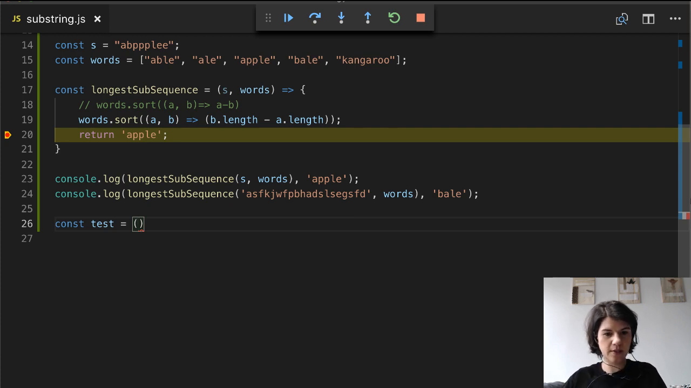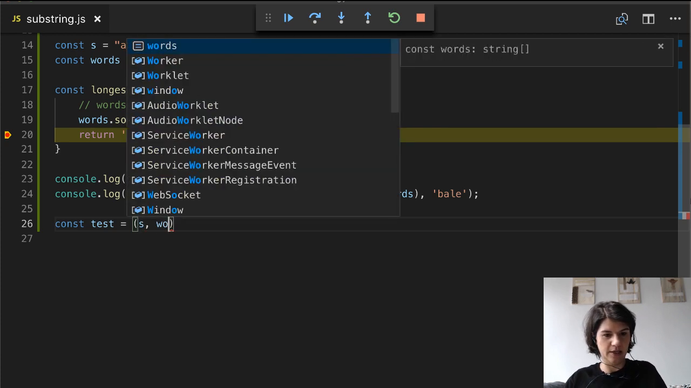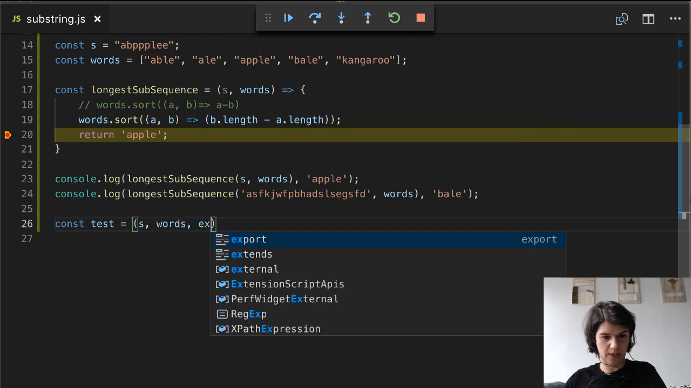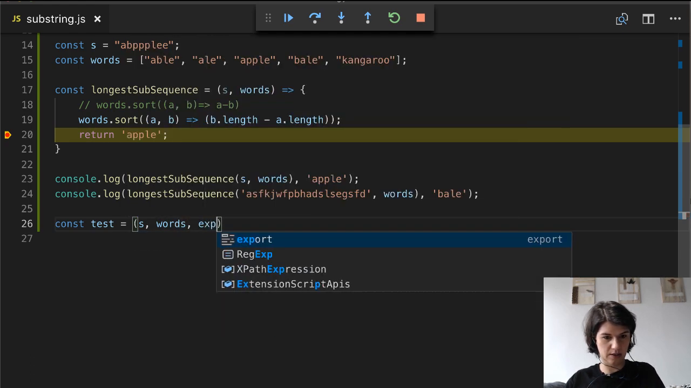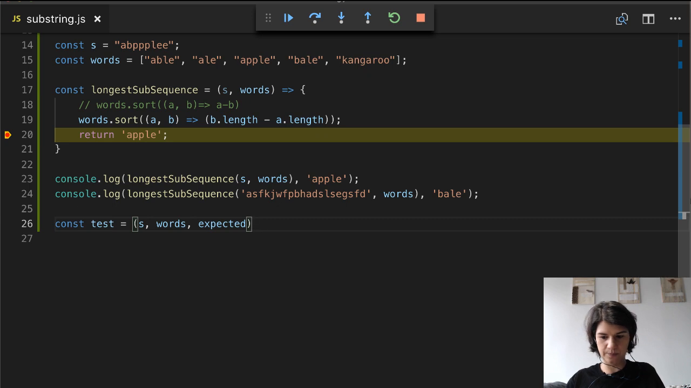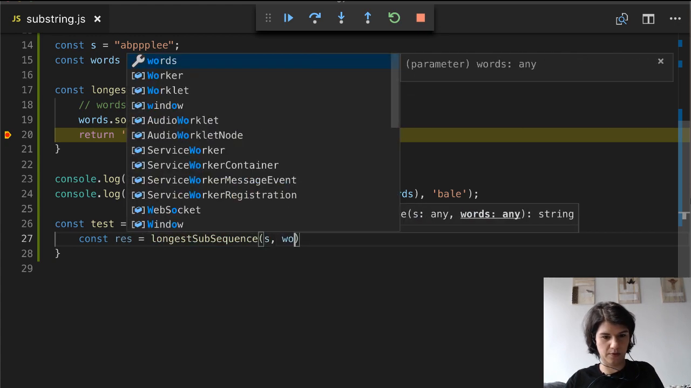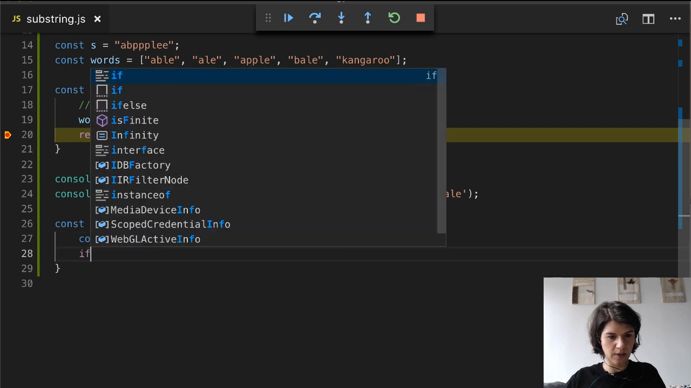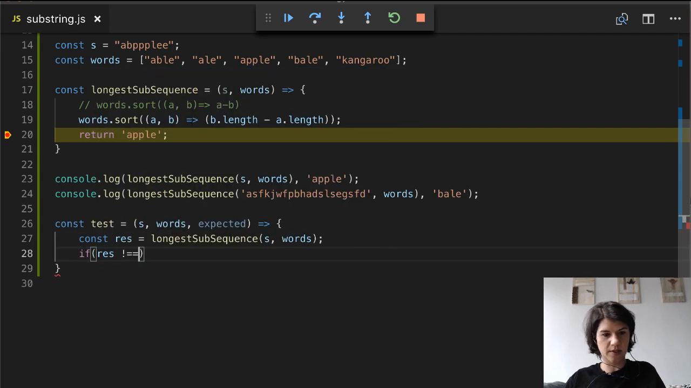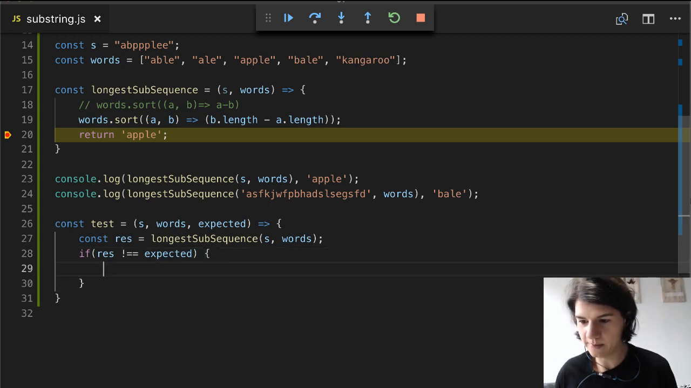All right, so this test function takes a string and words and expected, and then the result is longest subsequence of string and the words. And if the result is not the same as the expected word,